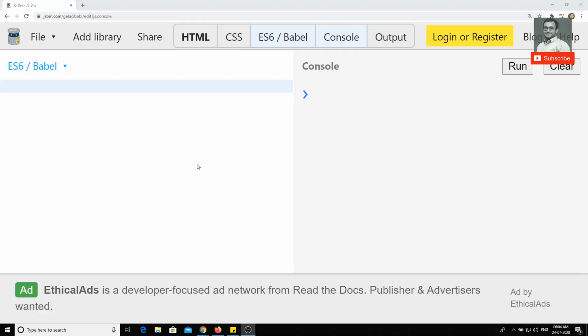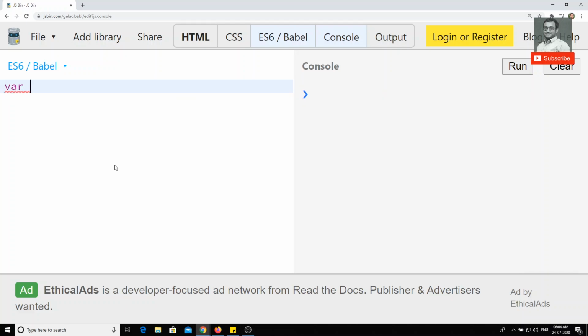Hi friends, in this video we will see how we can represent complex text, complex strings. While writing a complex string, how can we represent it in an easy way in ECMAScript? So we will see what addition has been added in ECMAScript. Previously, as in my previous videos, here is how we did it in JavaScript.